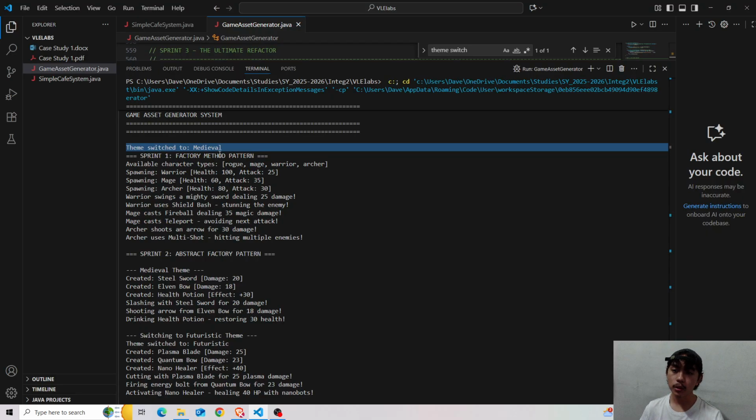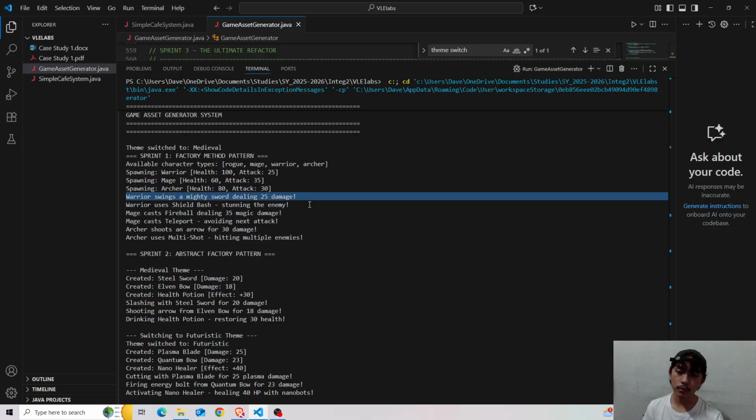Sprint 1, factory method pattern. Available character types: rogue, mage, warrior, archer. Spawning warrior, spawning mage, spawning archer. These are the attacks of each character. The warrior swings a mighty sword dealing 25 damage. The warrior uses shield bash, stunning the enemy.